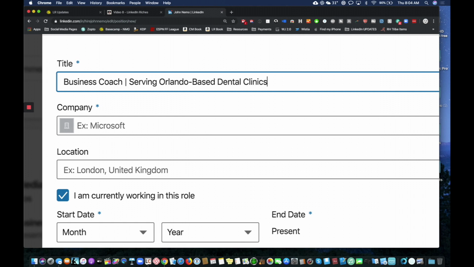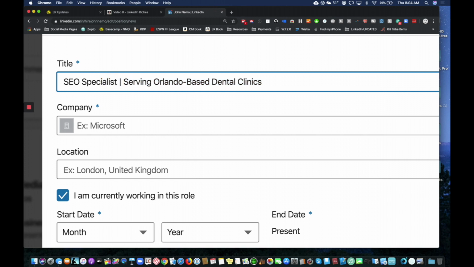Now imagine if I'm a dentist in Orlando, Florida, and I see this. And I go, oh, okay, what's your job title? It's not CEO of some company I've never heard of. It's business coach or, maybe SEO specialist, whatever your service is, and then serving a niche audience. This I love because, again, your clients want to feel like you're all about them. They want to feel like, oh, yeah, he specializes in my niche, in my industry. So if I can really do the riches are in the niches, they're going to love it.